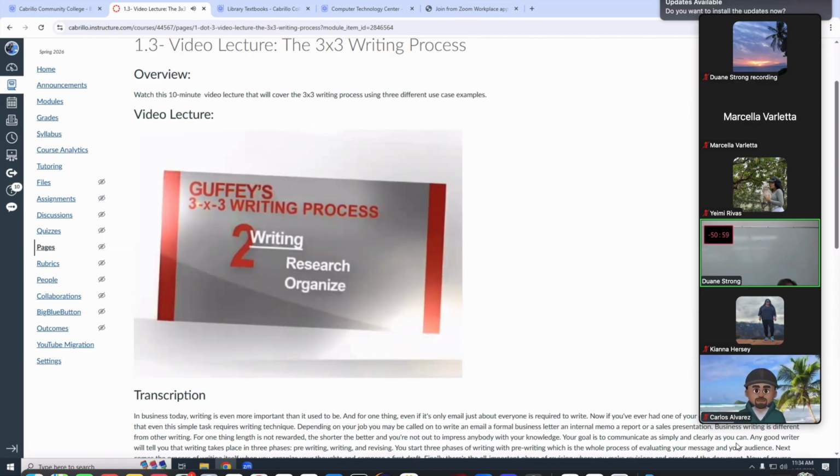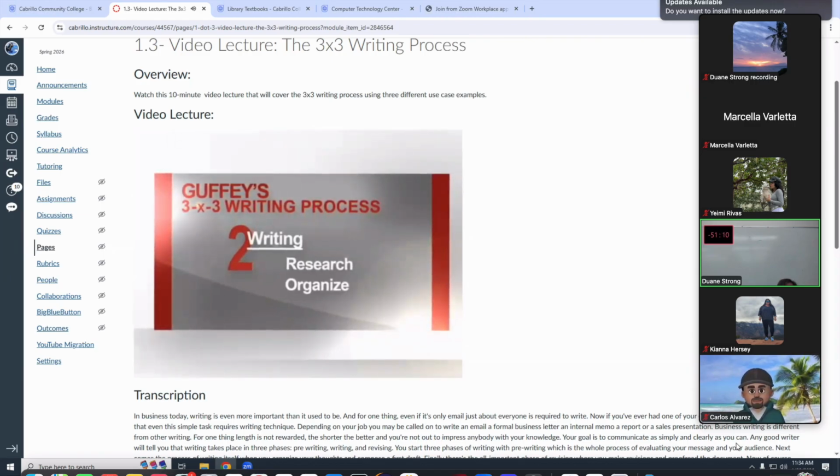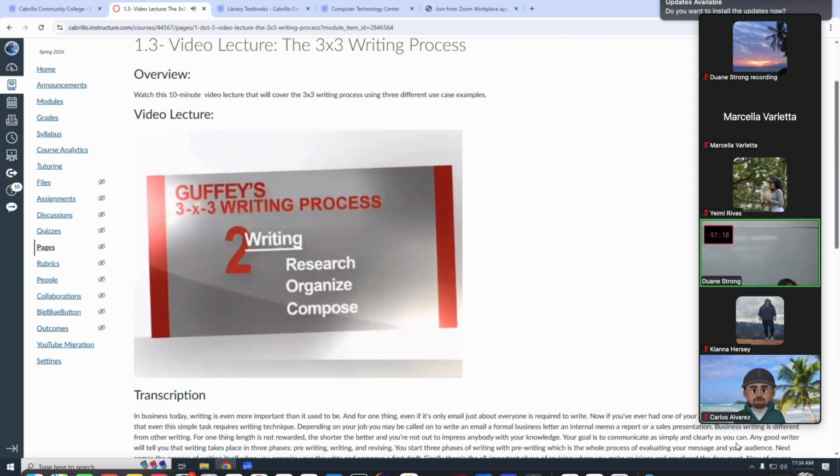Then you need to organize the information into a clear, persuasive pattern. A few notes may be enough organization for a quick email. More complicated presentations will probably require a formal outline. And now you're ready to compose a first draft. Now let's see how these employees begin the writing phase of this process as they research, organize, and compose their